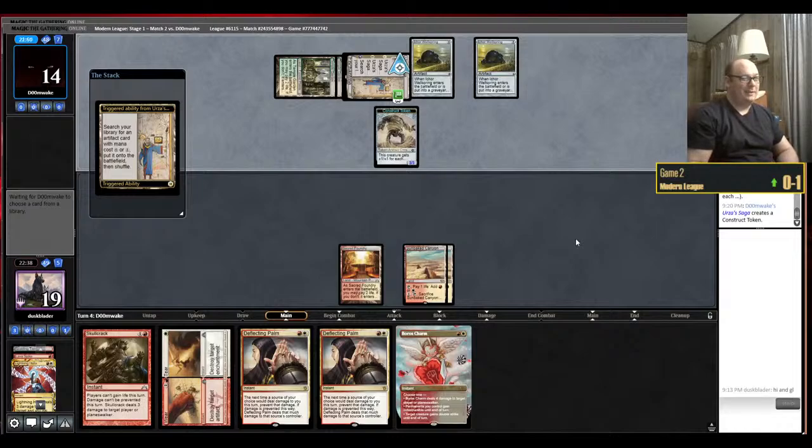I think the last time I saw a Metalwork Colossus deck, it was like mono blue. And was playing like...